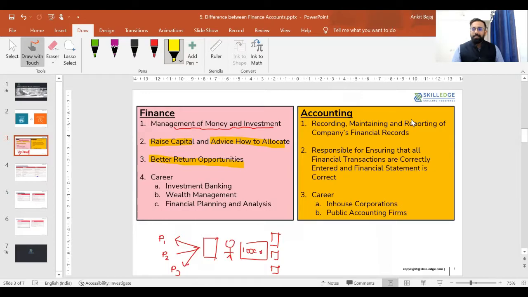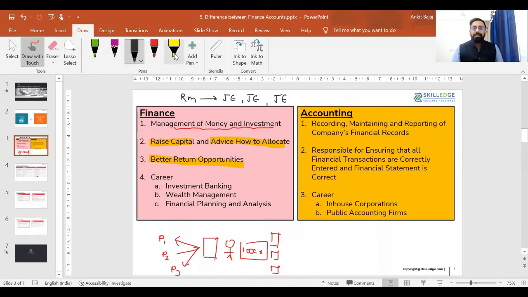If I talk about accounting, what is accounting? Accounting means you will be recording the transactions. Let's suppose the company is purchasing some raw material. What will you do in accounting? You will be recording journal entries in the books of accounts, right? Let's suppose the company is selling some product. You will be recording a journal entry for the sale of those products. The company is incurring some expenses, paying salary, paying the electricity bill, and you will be recording journal entries for these,